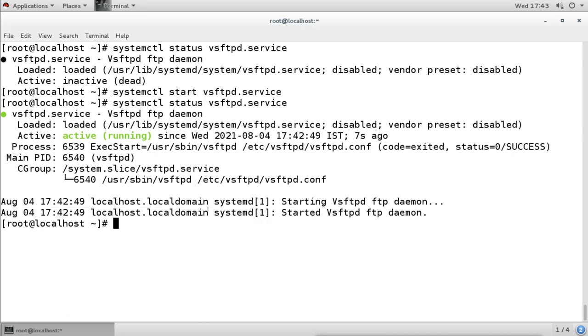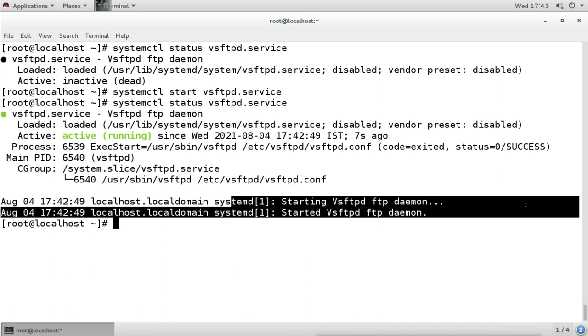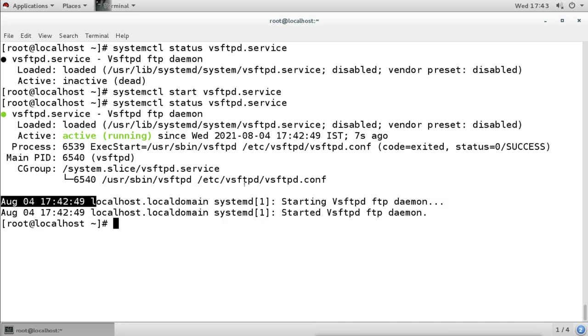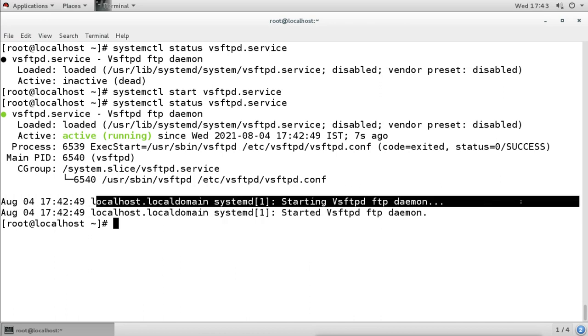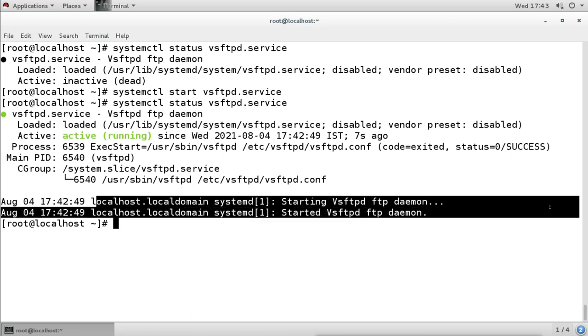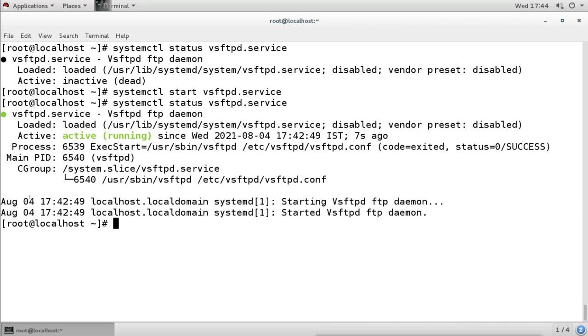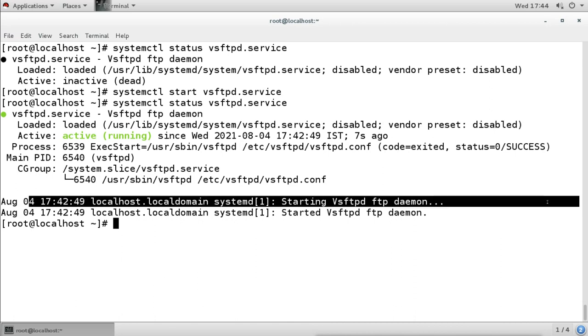Now sometimes when you see the status of any service or daemon, what it shows here are the messages at the end related to that service, whether it is started, restarted, or what happened, if it is having some error. So it will show the message here. Suppose we start the service and the service is having some problem and it is not starting, it is giving an error. So what is the error and what happened, it shows here under the messages.